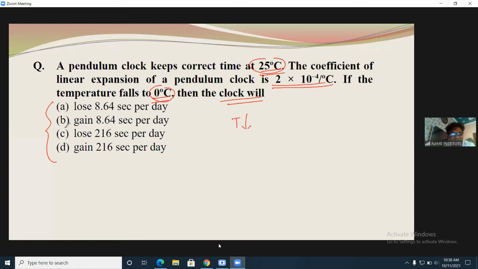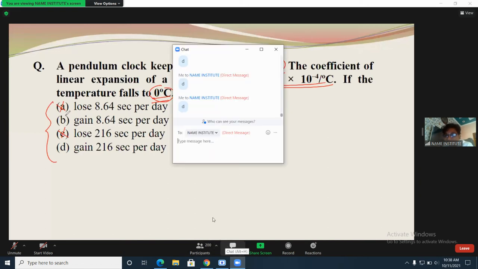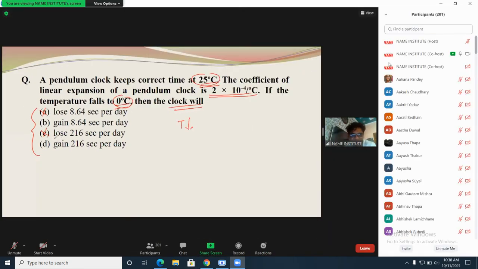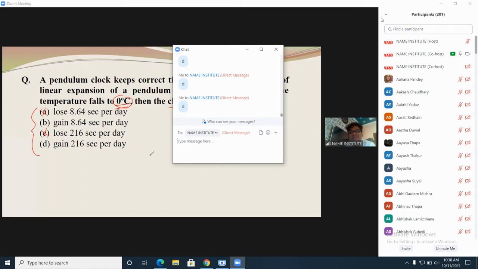So in any condition, A and C are not possible here. Some students are responding about A or C. It should be clear in class. We discussed already for which condition there is loss in time, for which condition gain in time, and for which condition neither loss nor gain in time. I repeated more than 2 times in class. If anybody is interested to learn in class, definitely that person will understand. So A and C are not possible here. What is the possible answer, we will take in class.